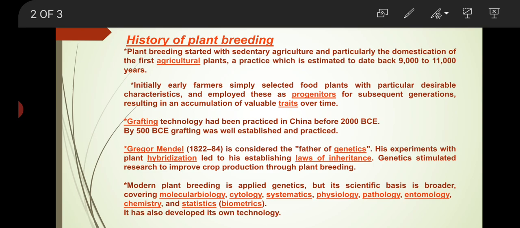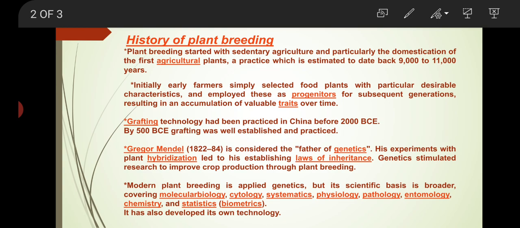Plant breeding started with sedentary agriculture and particularly the domestication of the first agricultural plants, a practice which is estimated to date back 9,000 to 11,000 years. Initially, early farmers simply selected food plants for various purposes with particular desirable characteristics and employed these as progenitors for subsequent generations, resulting in an accumulation of